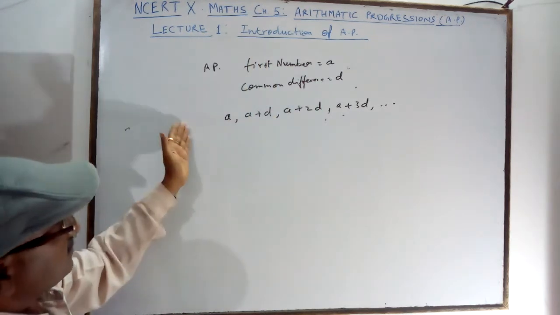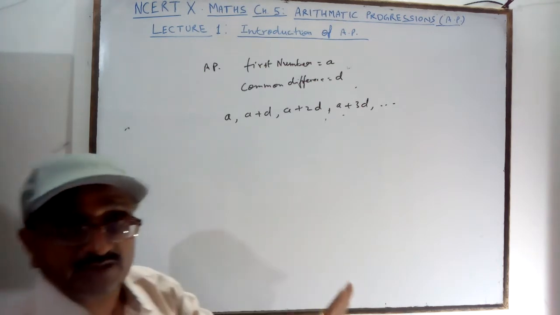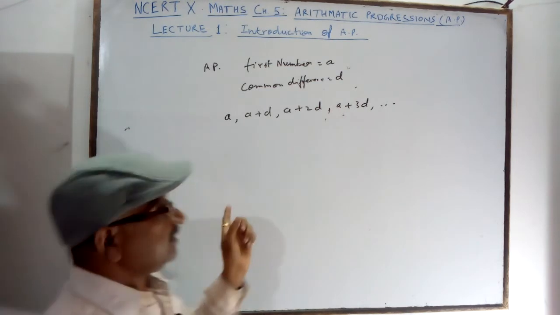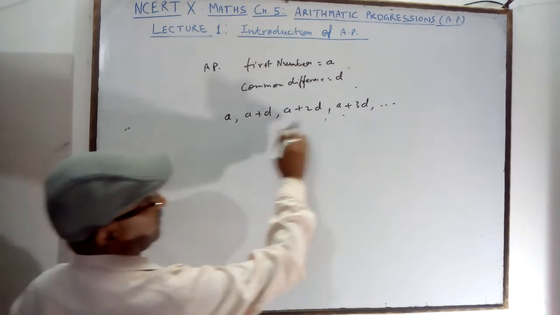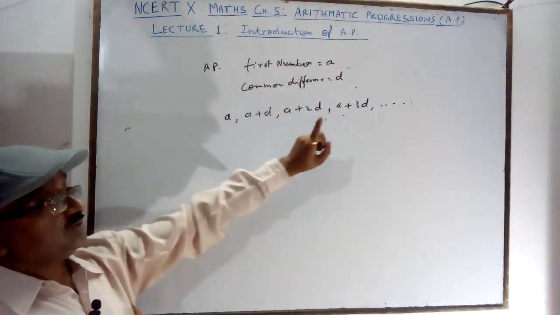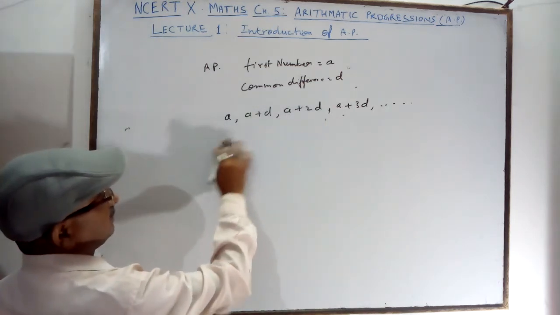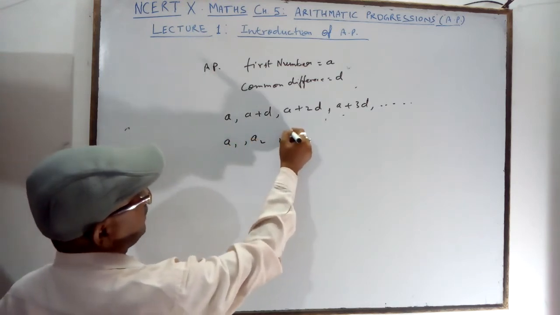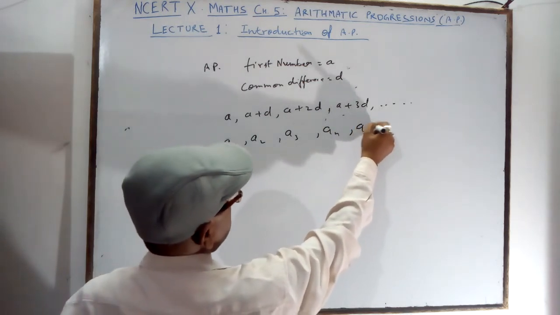Suppose the previous number is not given, and we start from 100. I have told you it means 100; we will not take less than 100. 100 plus the difference, which is your common difference. Like this you can write the nth term: a, a plus d, a plus 2d, a plus 3d. The first term is a1, then a2, a3, a4, a5, and so on.